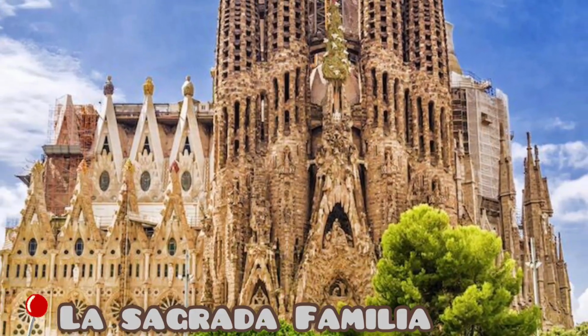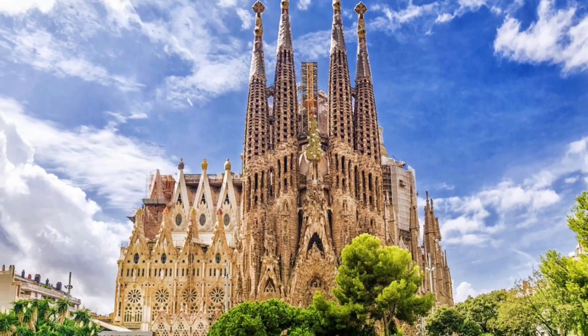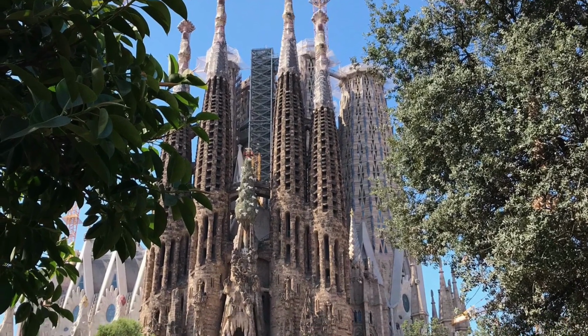La Sagrada Familia. Did you know that initially Gaudi only completed building the Nativity facade with its four towers because he knew that he would never see it finished? The work of Antoni Gaudi, who wanted to create the perfect temple, presents the life of Jesus and the history of